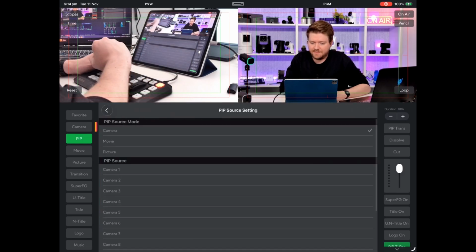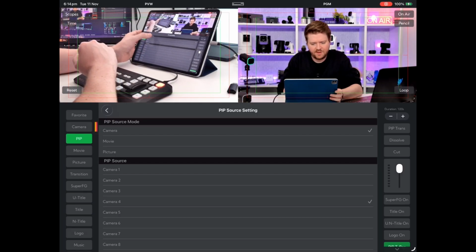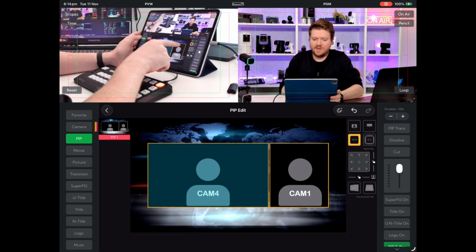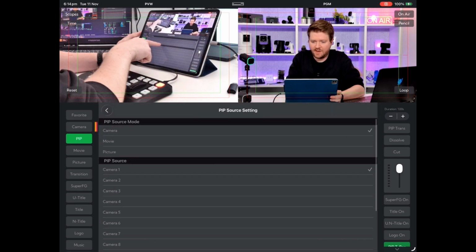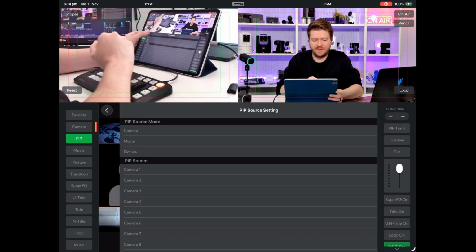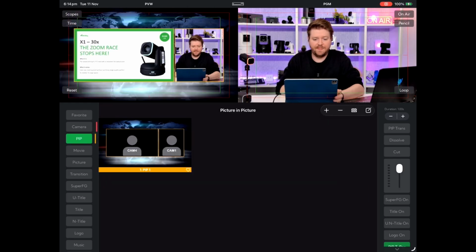So if I click on that, it's going to say camera, and I want that to be my PowerPoint, which is going to be camera 4. Then you click that and then back. And then on cam 1, which defaults to cam 1, we can just double check. I want camera 1, which is what I'm looking at. So that's all good. And then if I hit back and then click, now I have my PowerPoint and myself